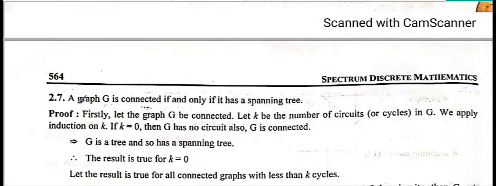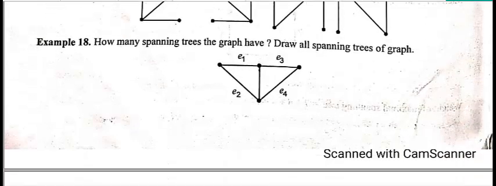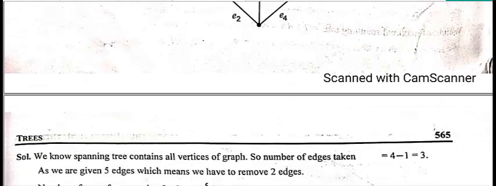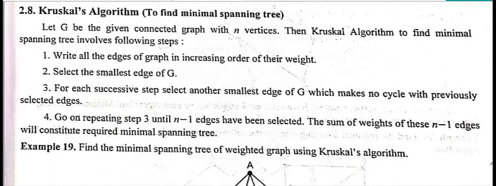A graph is connected if and only if it has a spanning tree. This is a very important result. You need to memorize it. Sometimes this result may be used in some other result. So we are going to discuss